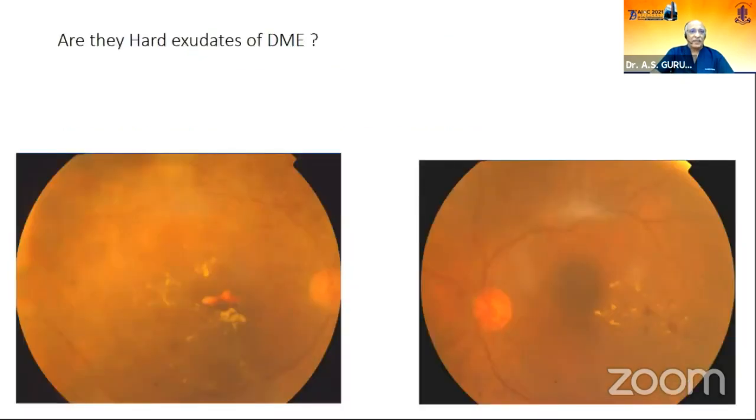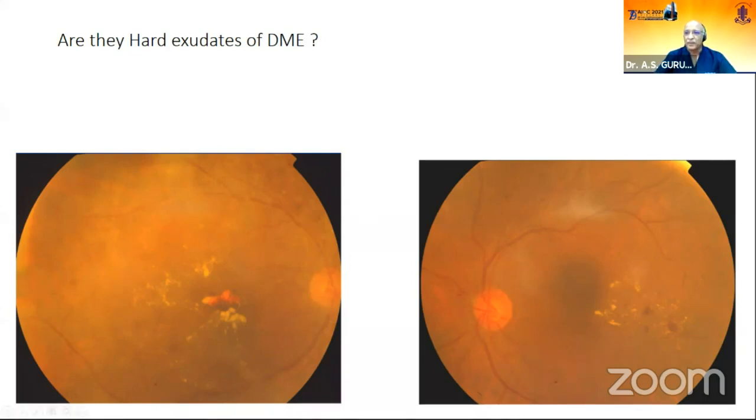And how about this? Are they hard exudates? No, they are not hard exudates, although there are a few. This is a diabetic patient with some hemorrhage. You can see here, there may be a few hard exudates which can probably be picked up on OCT or FFA. But there is definitely a picture of drusen. You can see the dull color of the yellowish spots, and the deeper plane probably makes it more in favor of colloid bodies.